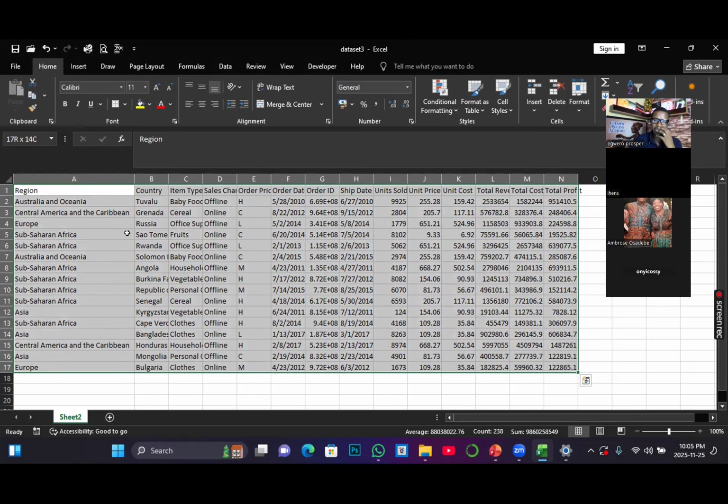Okay, so after selecting it, I want to make a copy first. I want to make a copy of this one. Then I will now delete this one. Which means that I want to have a vertical structure copy, and I also want to have the horizontal structure copy. So now, after you have highlighted the entire data frame, you go to your home tab and select